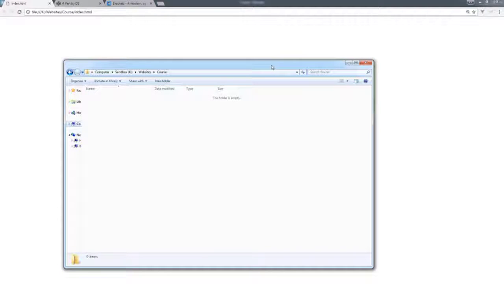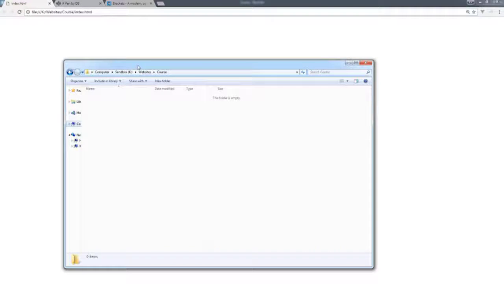In this lesson I'm going to show you how to create an HTML template, and we're going to get into the basics of what HTML is. So first of all, we actually need to create a file in order to write our content into. I'm on a Windows machine. This is where I'm going to be creating my index page, my index.html page. So we need to create that